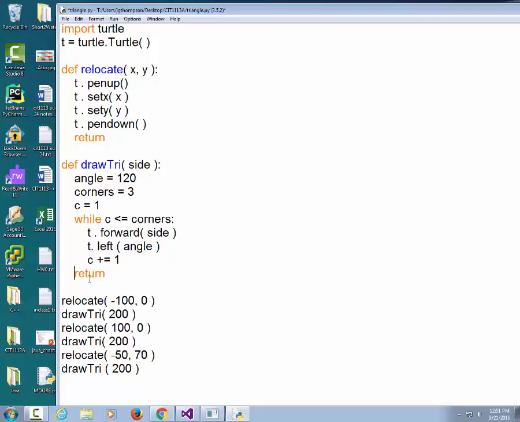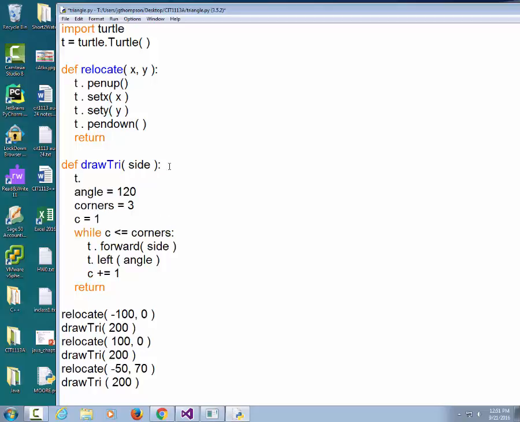How are y'all doing? Anybody else need help? I see some people putting colors in theirs now. That's cool. Let's make it so that each triangle gets filled. What we want to do is start our fill as soon as we go into draw triangle, and end our fill before we return. So we're going to put something here, and then something here. Or we could just stick it above the while statement, but I think it'll be most obvious if I do it here. T dot begin underscore fill